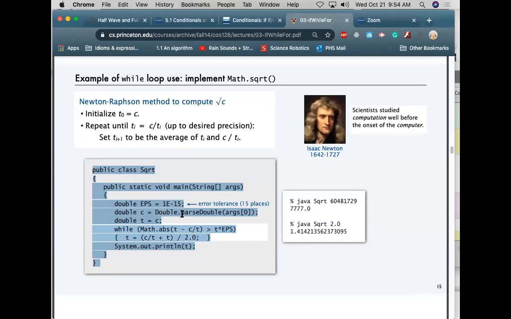And then C is the one that you enter, the one that you're trying to figure out. So this equation right here, you're using to see how close we are to the actual number that we're trying to calculate. Since floating point numbers could change tremendously in terms of the trailing digits, the decimal digits, we have